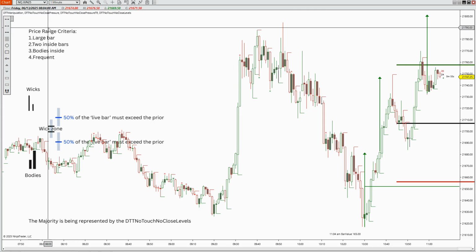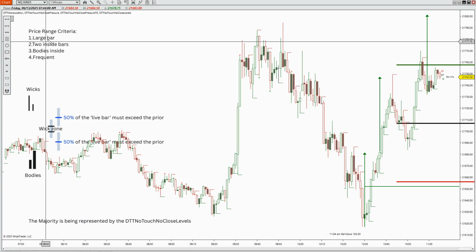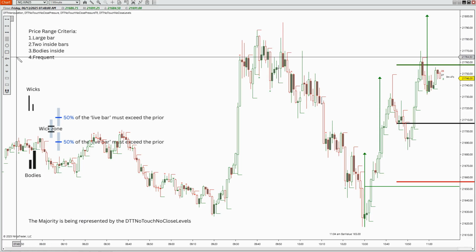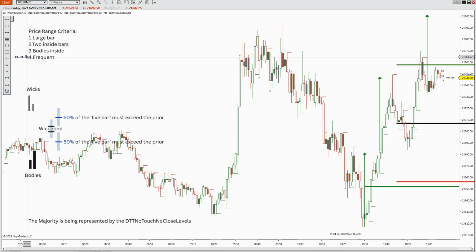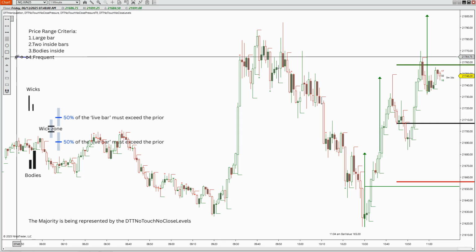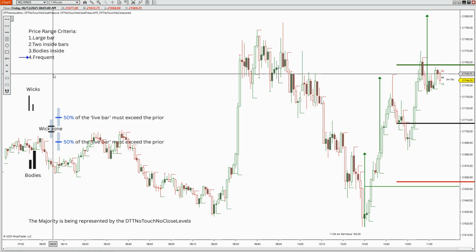All right, so the criteria for ranging. When the market begins to overlap the bars and go back and forth, you're going to find these four things there. The most important thing you need to know is that it does it frequently. So this happens a lot. You shouldn't be surprised that it shows up. You shouldn't be trapped in it, because it comes about quite a bit. So I don't want you to get trapped in it.